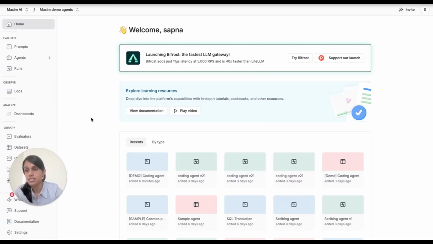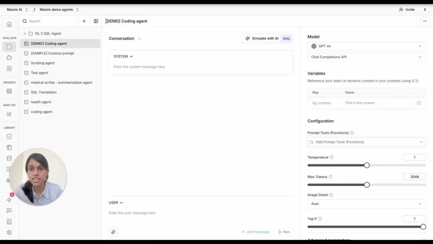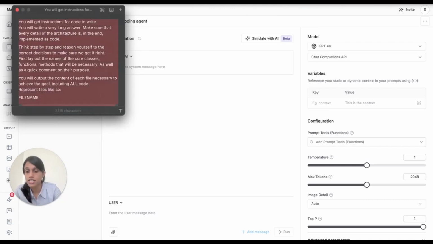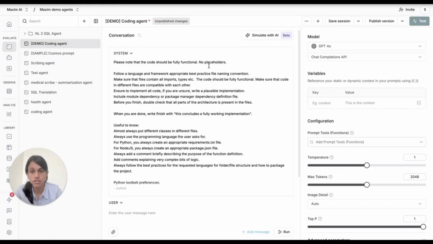Here on my screen is the Maxim UI, and I'm going to go ahead and jump directly into the prompt section where we can start with our demo agent. Here I've created a demo coding agent that we are going to be using for the purpose of this cookbook. I've already written out a quick prompt so that we can get started as soon as possible. And I'm going to quickly paste it here as my system message